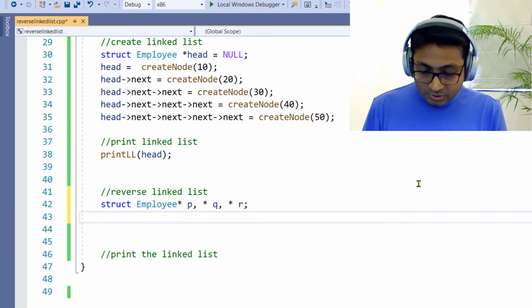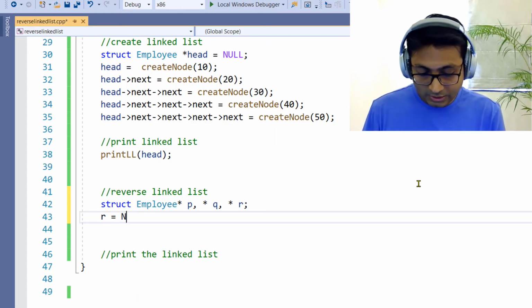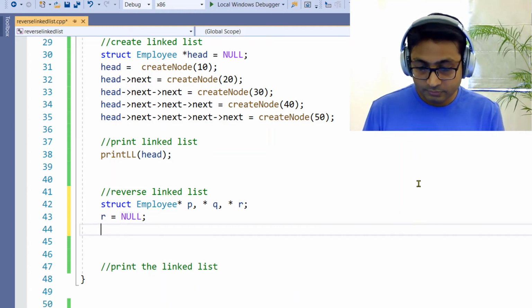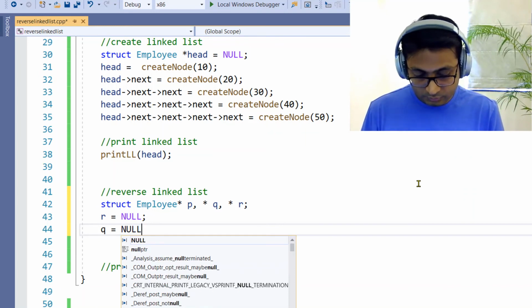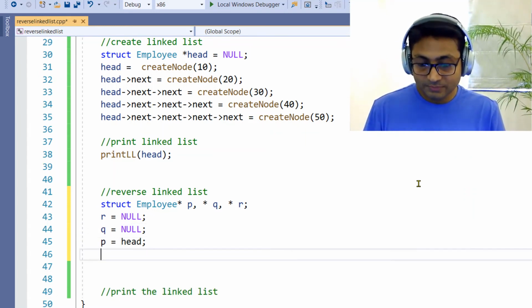R and q I'm going to initialize to null. All right. And p will be pointing to the first node of the linked list.